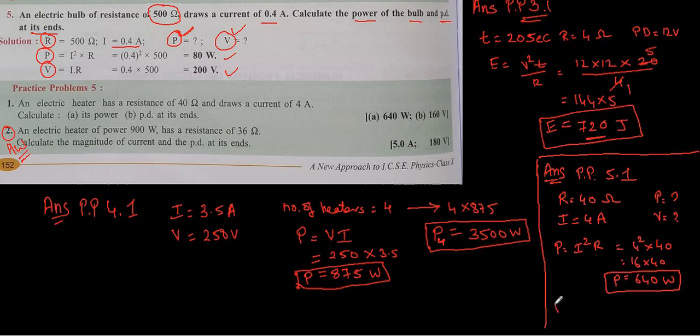What else we require? We require to find out V. Potential difference is equal to what? IR. So V is equal to current is given as 4 and resistance is given as 40. That is going to come up to what? 160 volt. So here this is my potential difference. So PD. So make a column there or make a sort of a box. Understood? So potential difference PD is equal to what? 160 volt. I hope you understood these sums.